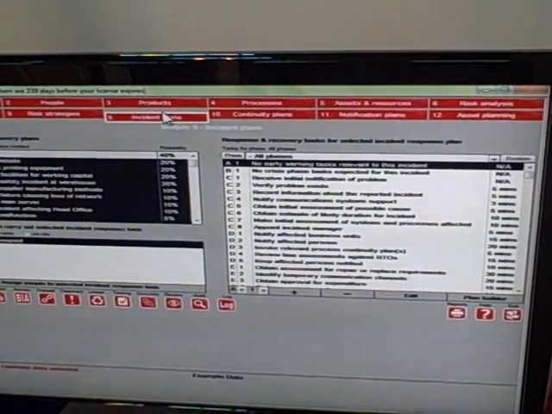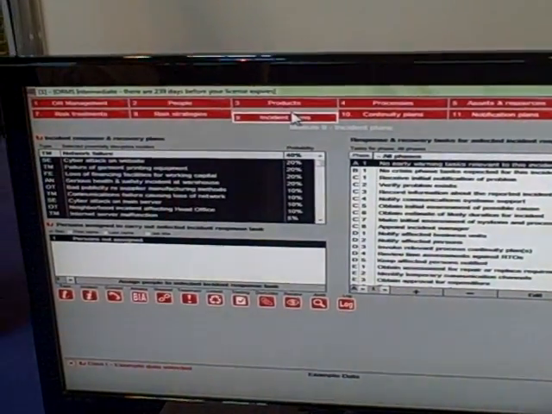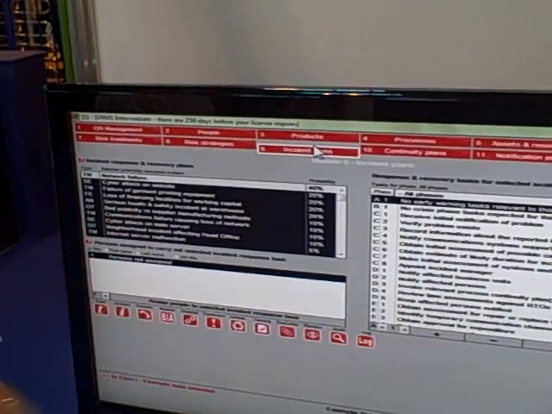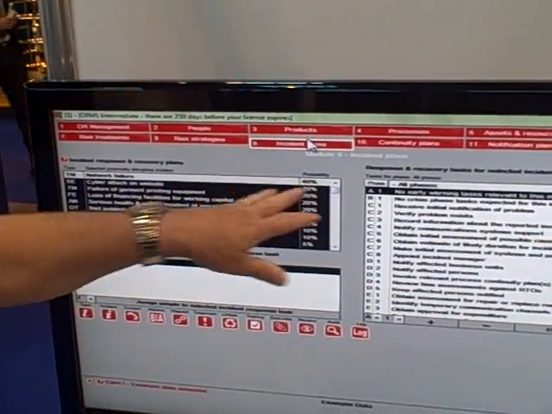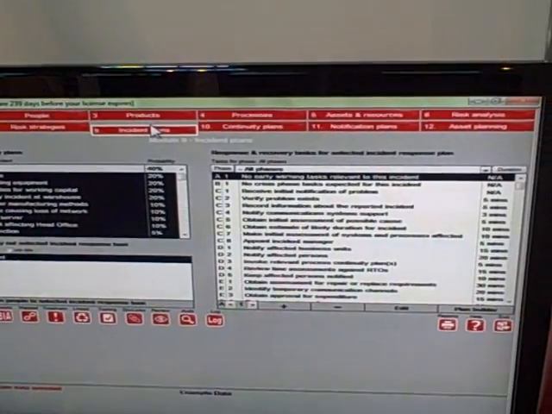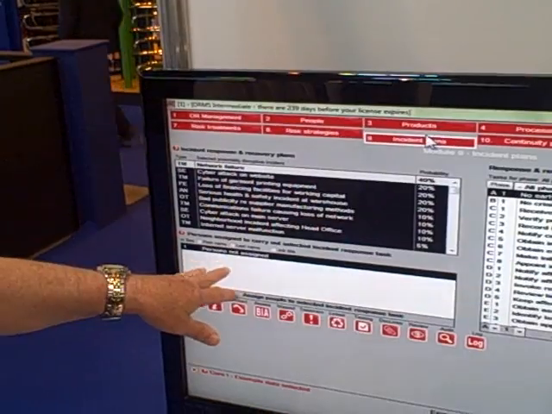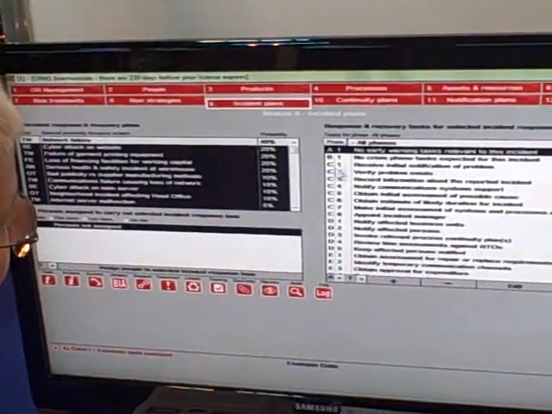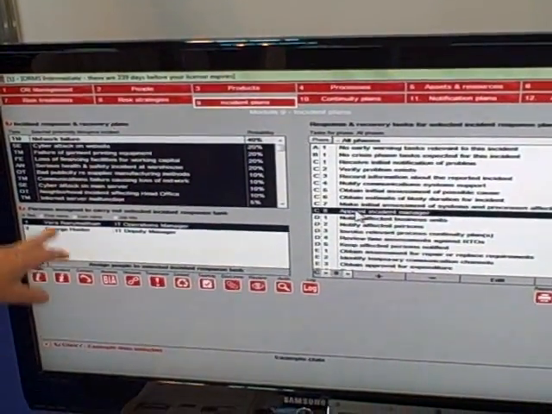Once we've done all of that, we need to think about what happens if the incident actually does occur, and we then move into the planning phase. And in here, in Module 9, we have all the task-led plans for each of the incidents that are there. People can be assigned to each of these from the personnel module, and